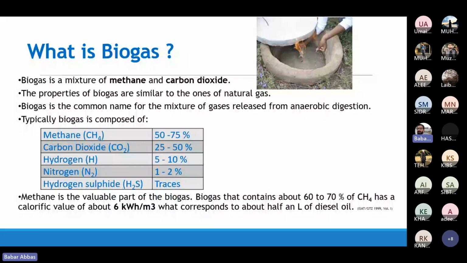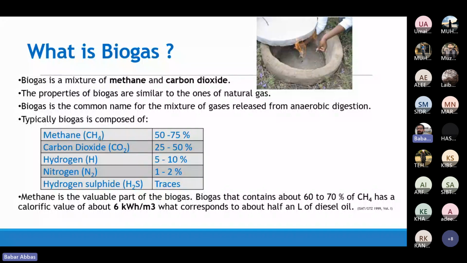Hydrogen, nitrogen, and hydrogen sulfide can be separated from the top two gases